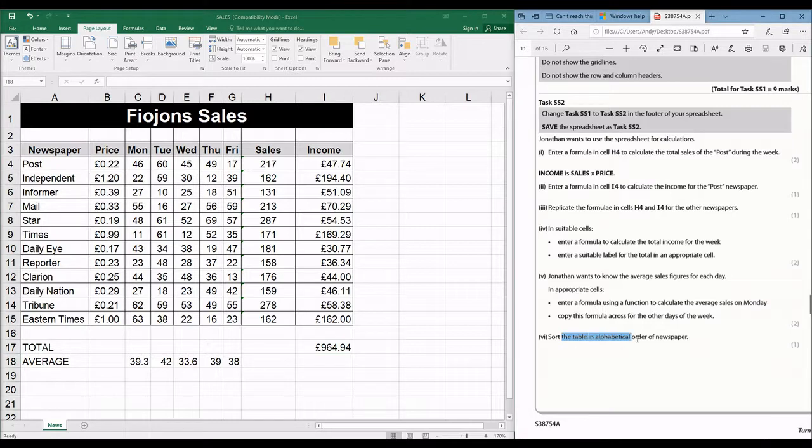Now we're going to sort the table in alphabetical order of newspaper. To sort, we have to highlight the information. Again, I see the incorrect way, which a lot of people do, just highlight the newspaper. This is not the correct way to do it. If you sort it by newspaper, the newspapers will not relate to their corresponding details. So we have to highlight